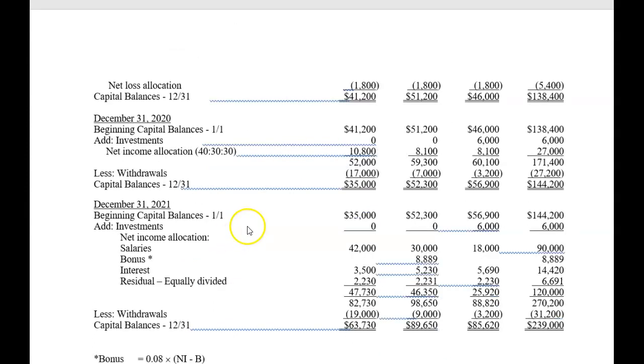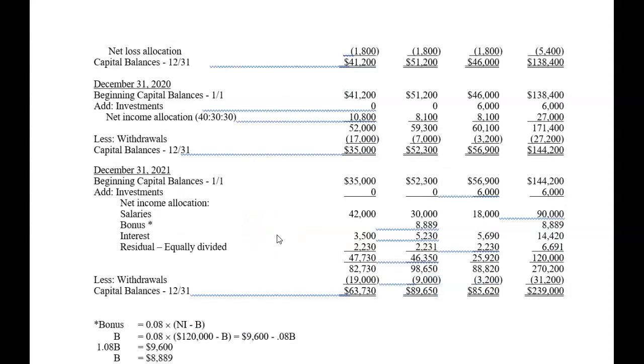And then at the end of 2020, right, we have capital account balances of 35, 52.3, and 56.9. We also tick off here the withdrawals, which become the balances for the beginning of 2021. There's one additional investment here by Phoebe again, so that gets added. And now, because the income is 120,000, we should be able to cover the salaries, the bonus, and the interest,